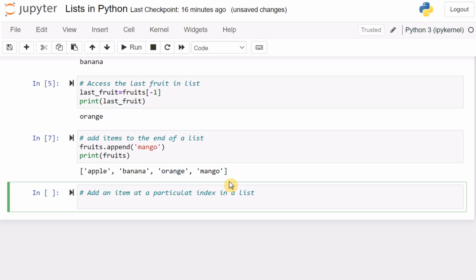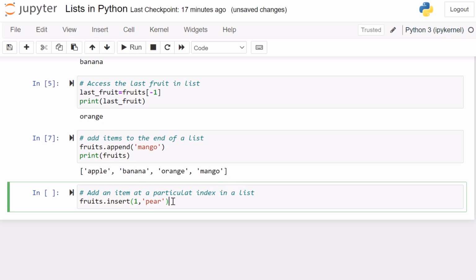So all we need to do is start with the variable name, which is fruits dot, and then you say insert, and then we have to specify 2 things here. The index, which is index 1, because we want to add in the second position, which is index 1, given that it starts from 0, then it means that the second position would be index 1, and then the name of the item that you want to include, which is, we can add pear,